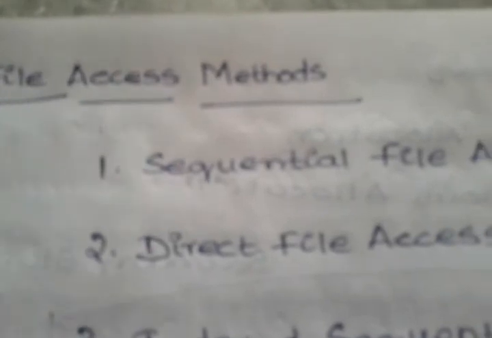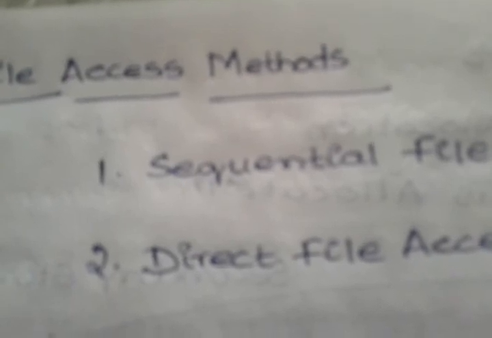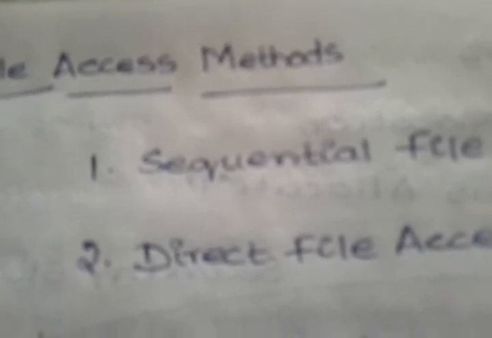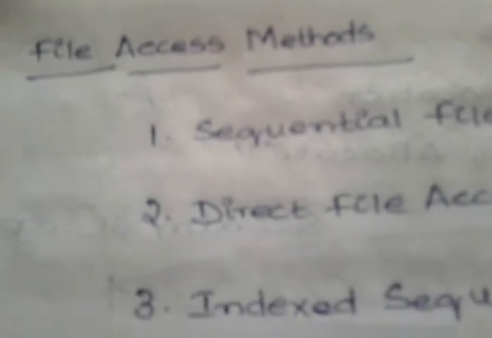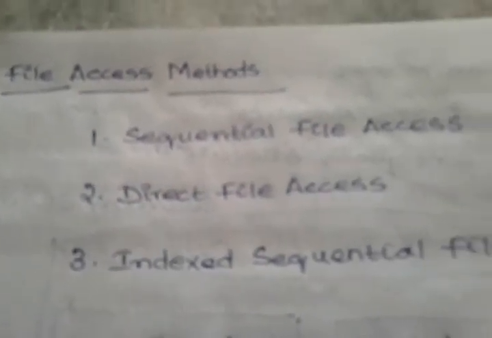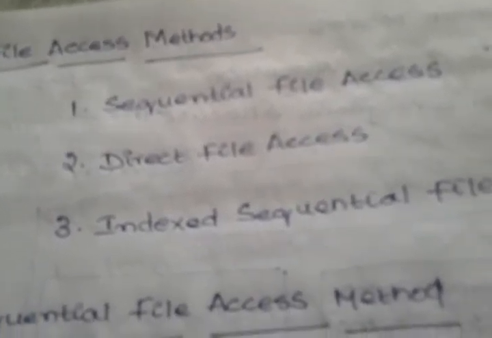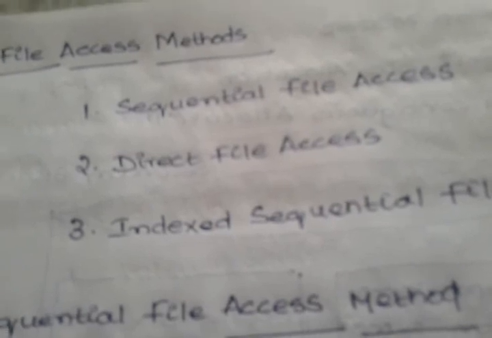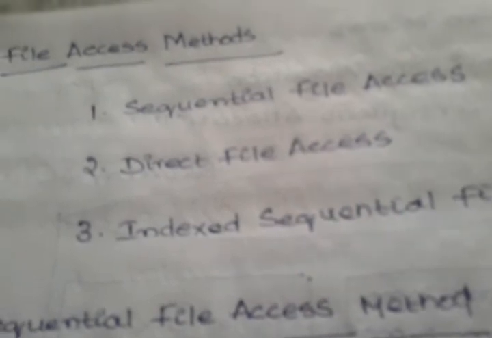Next, now we are going to discuss the file access methods. File allocation means the data of the file is going to be stored onto the secondary storage device. Either we are storing the records sequentially, after the completion of a block going to another block, or we are storing it in different blocks. The next method is called the file access method. The name itself tells how we are accessing the records in a file. A file is present and some records are present in the file, and the records are stored on the disk either in a contiguous manner or non-contiguous manner.